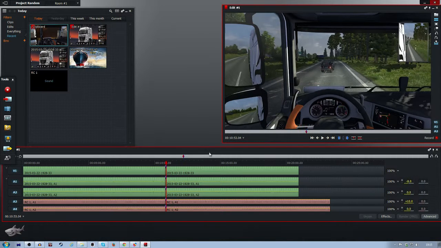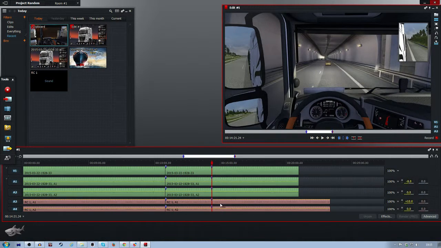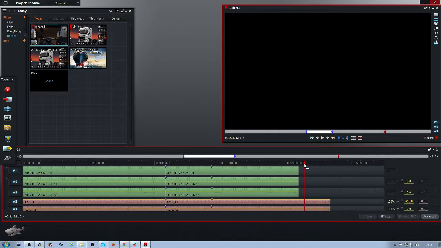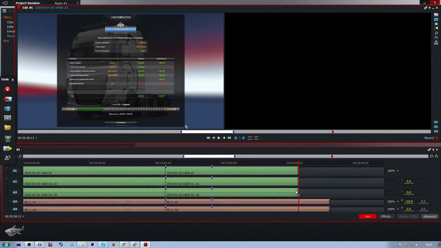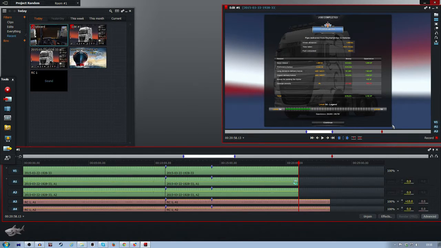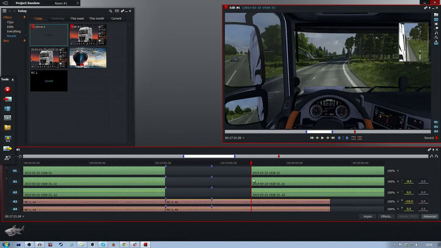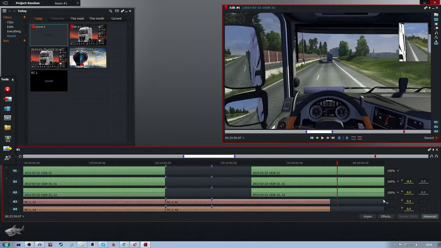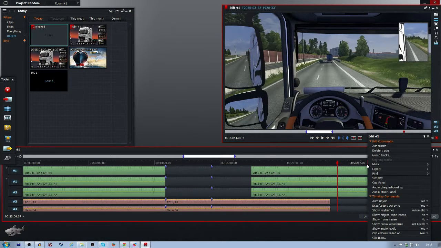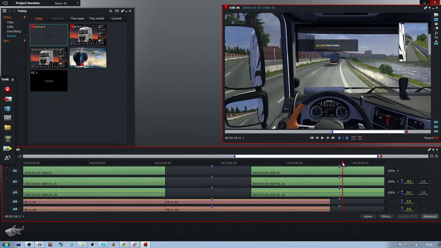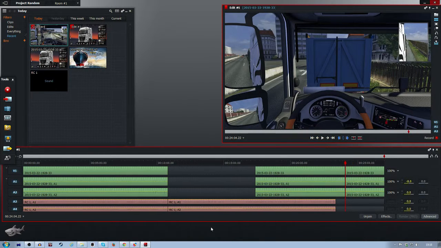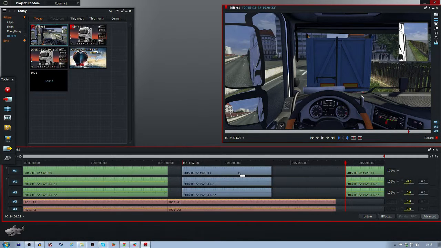Problem is though, if you do this, it also cuts away from all of your tracks you have. So to edit only sound or only video, you would need to drag the video to a certain location which doesn't have anything on it yet. Then you cut there. Boop, there you go. That way it doesn't affect your audio, and then you just